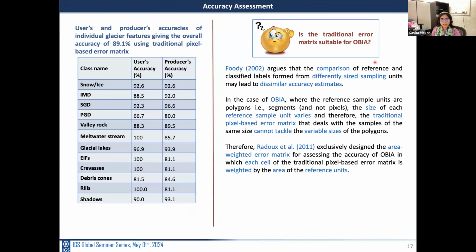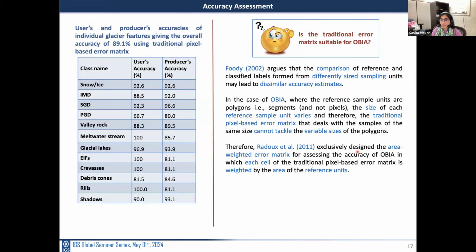Coming to the accuracy assessment of this glacier cover map, I have assessed the accuracy using the traditional pixel-based error matrix, and the results are quite good. However, the question again arises, is this matrix suitable for OBIA? Since the reference sample units vary in size in the case of OBIA, this traditional error matrix is going to give me dissimilar accuracy estimates. And therefore,